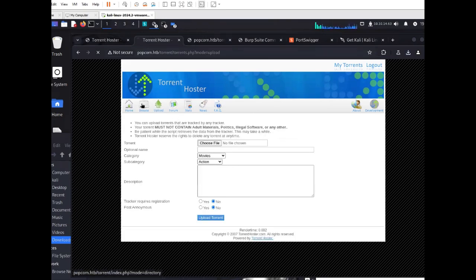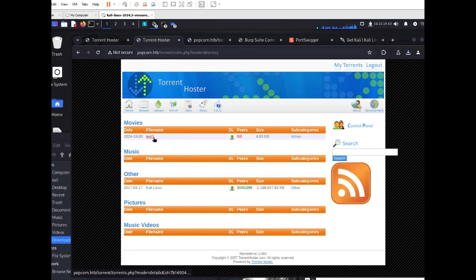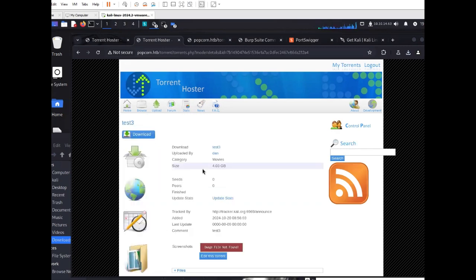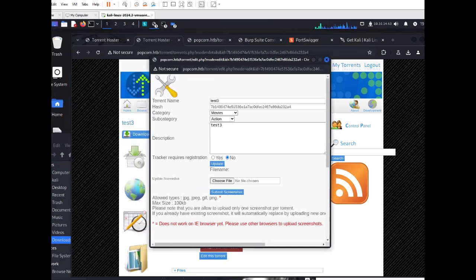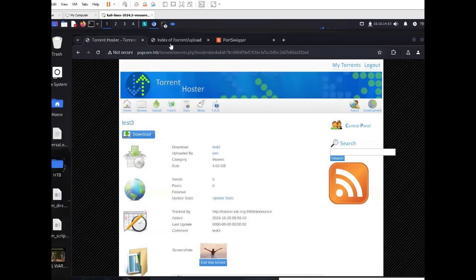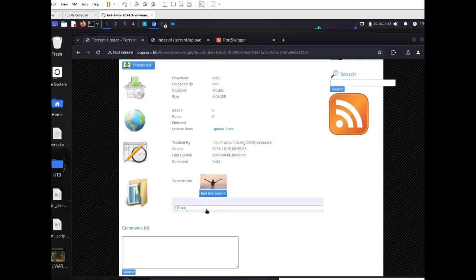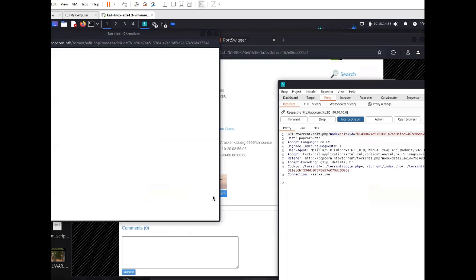And then you go to browse. I already have one there, and I have test.3, the one I uploaded beforehand. And you can see it has this edit this torrent image, and you could go here, and this is what we're going to be messing with in the next portion. All right, so you have this torrent site that allows you to upload files and images. You can see here it allows you to change the screenshot for the icon. And if I go here,